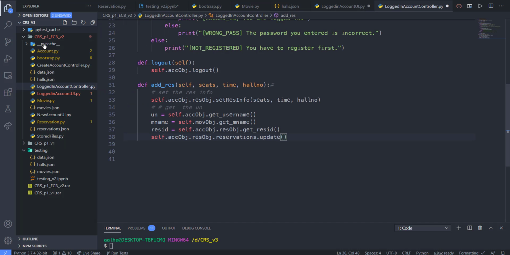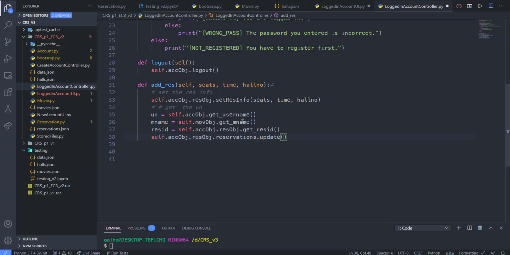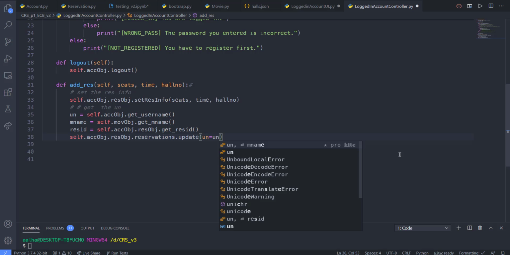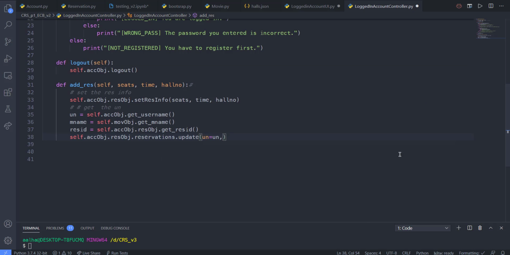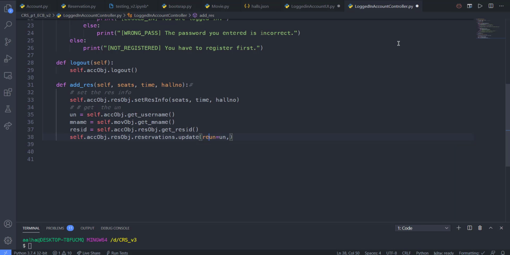Let's check in the data.json. In data.json, we've stuck to the notation of un as a username, so I'm just going to use the same notation here. So we are going to pass that username. We are going to pass, let's pass in the beginning res ID, right? Res ID. If you don't understand what's going on, just watch the previous videos and you're going to understand this from part 1. So this is res ID, key and value pairs, and name,